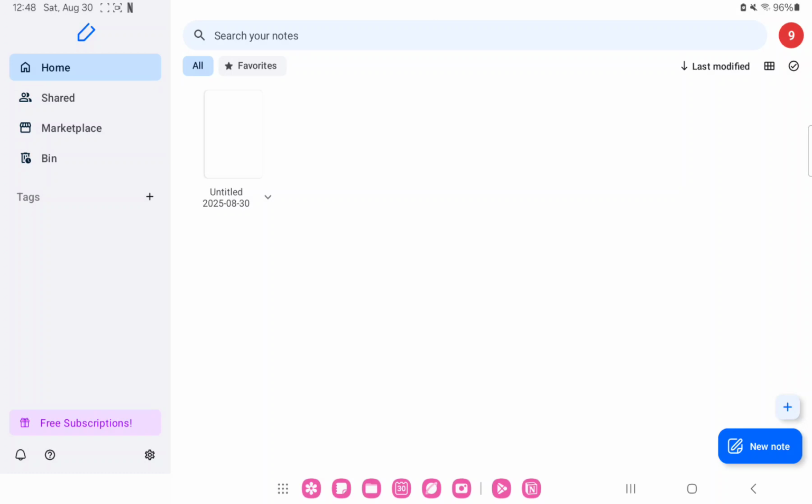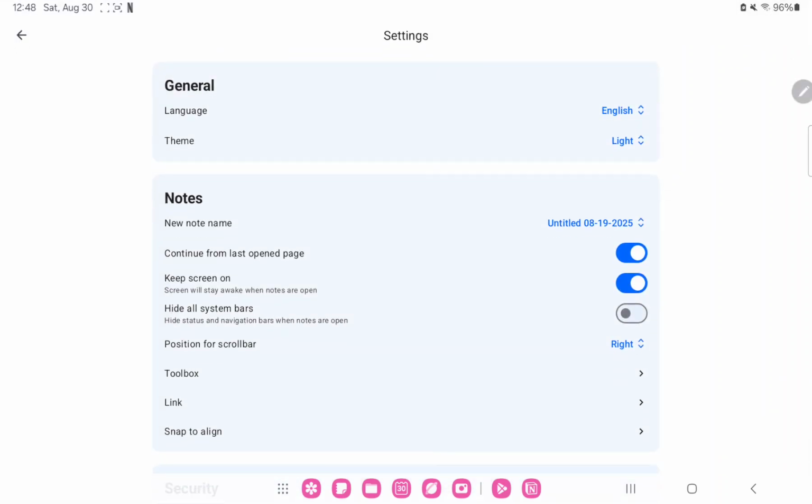First of all, open the application on your device. So that's the home screen, and you can find different buttons. Click to the settings icon at the lower left corner of the home screen, and in the notes section you can find the link option under the toolbox. Click to the next arrow icon,